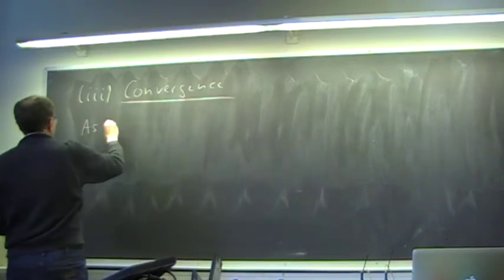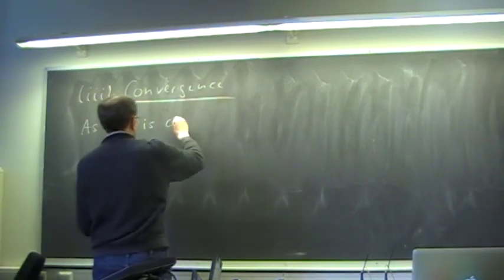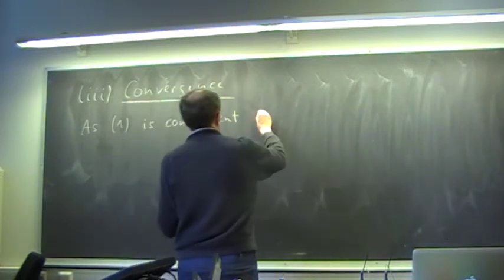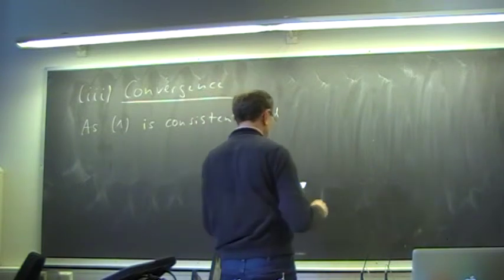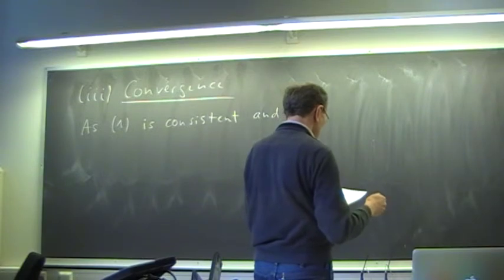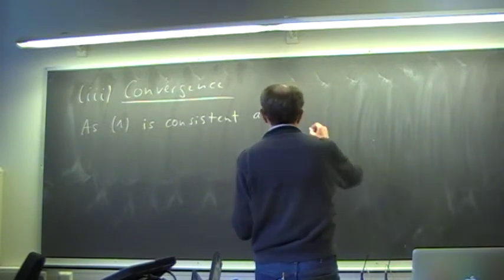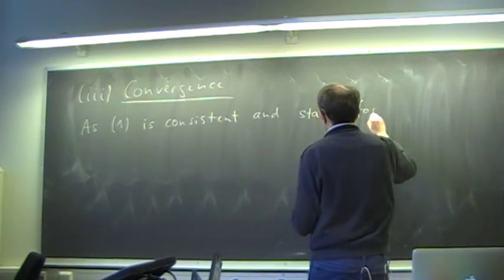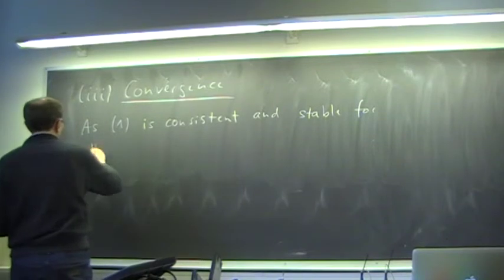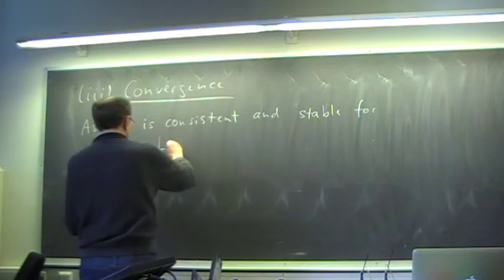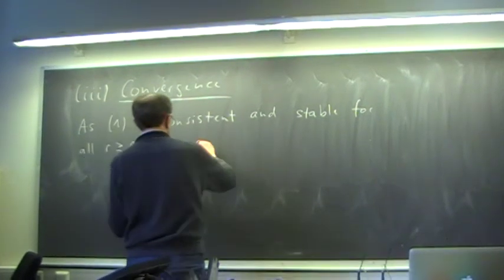So the argument is that the Crank-Nicolson method, our equation 1, is consistent. We actually should show that it is second order, but it would be okay. Consistent just means that truncation goes to 0 as delta t and delta x go to 0. And we showed also that it is stable for all von Neumann numbers R greater or equal to 0. Then it is, as I just said, the Lax equivalence theorem